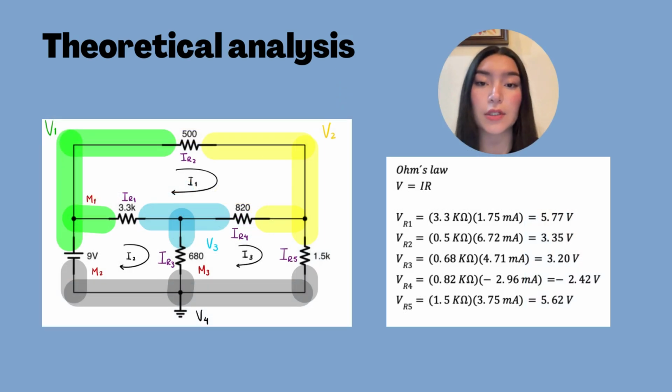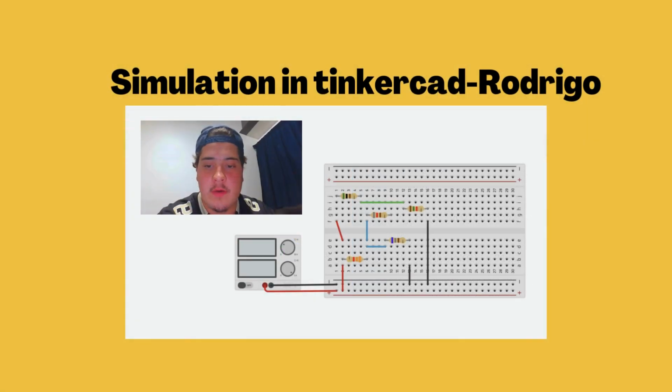Then, applying Ohm's law, we can obtain the values of each voltage of each resistor. First of all, we can see that in voltage number 1, the value is 9 volts, and voltage 4 is 0 volts. For this part, we used the software Tinkercad when we made the simulation by adding